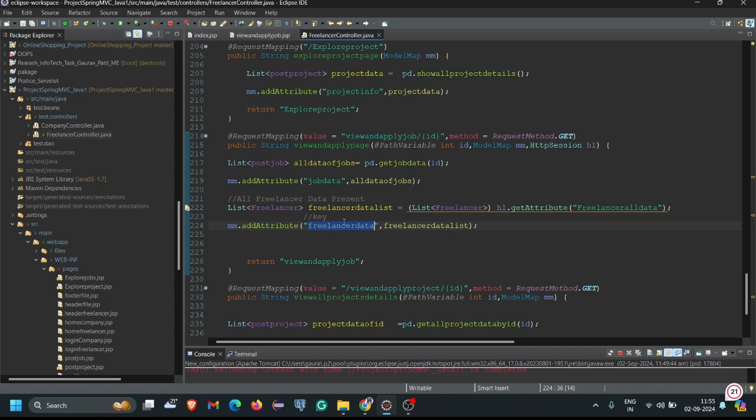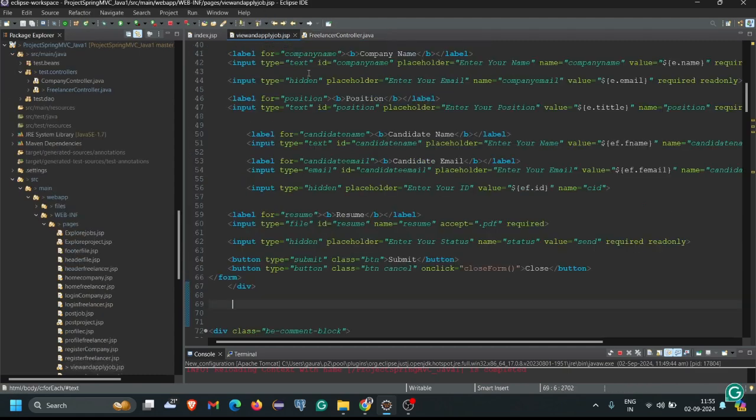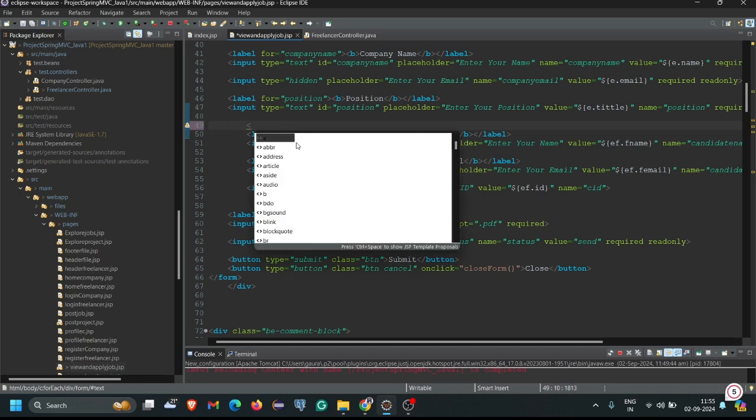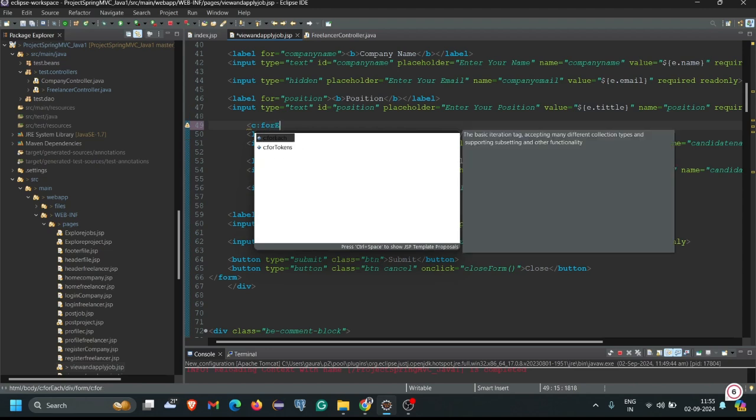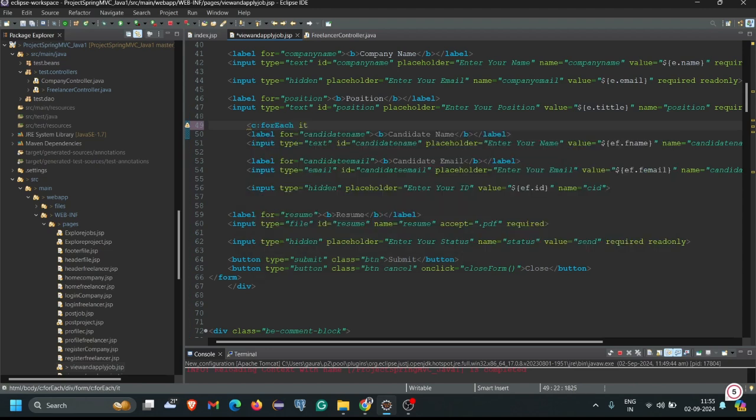So I'm copying the freelancer data key from here and coming to view and apply job.jsp, and simply we have to show that freelancer data here. For that we have to apply the for each loop. Below the candidate name we have to write less than bracket c colon for each, then items